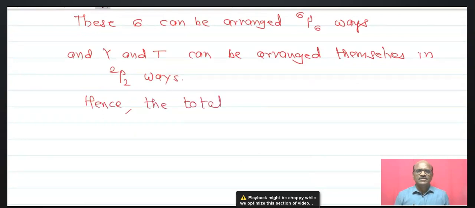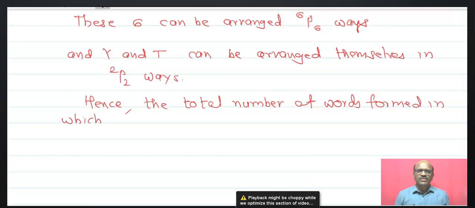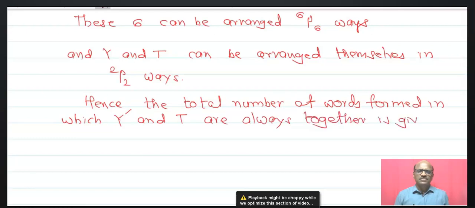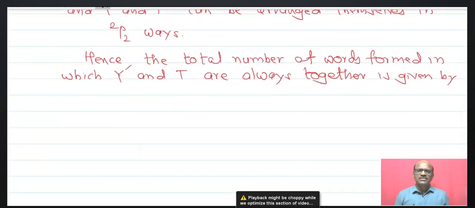Hence, the total number of words formed in which Y and T are always together is given by